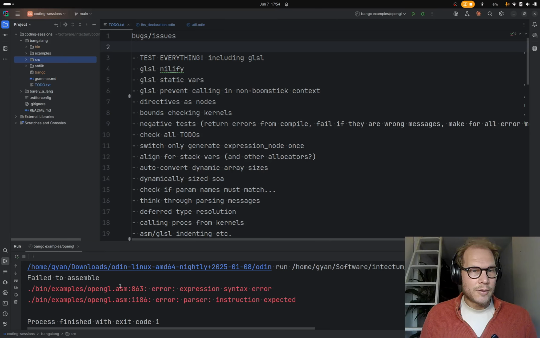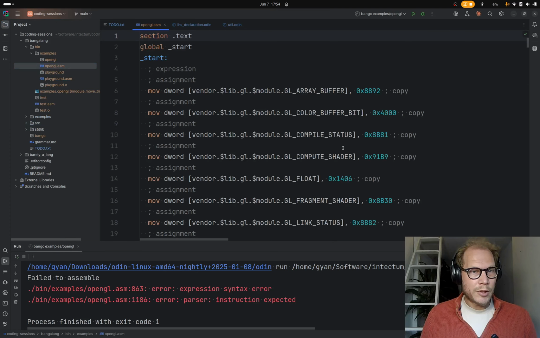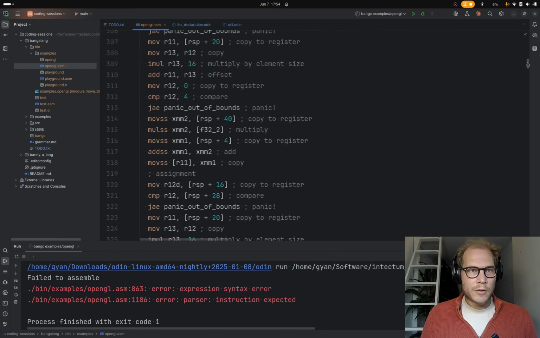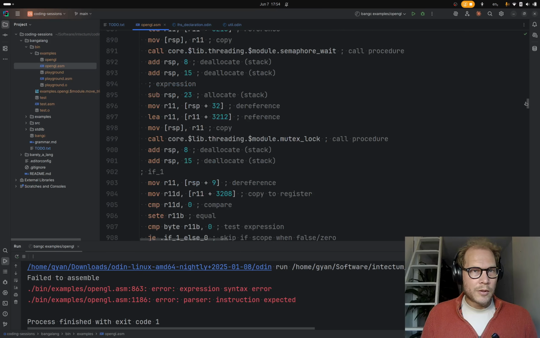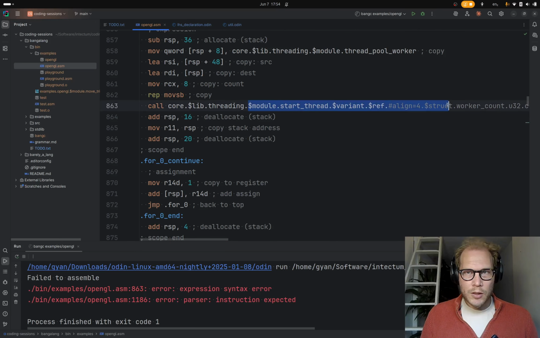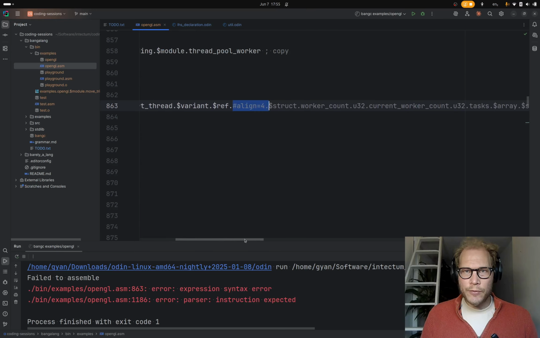Interesting. So OpenGL NASM 863. Whoops. 863 is... It's because I put this hash align equals 4.